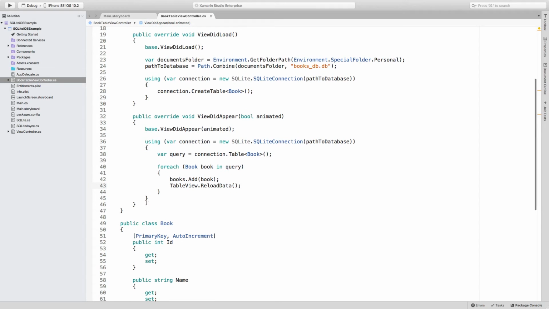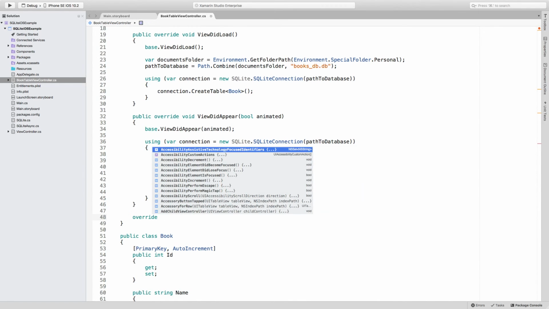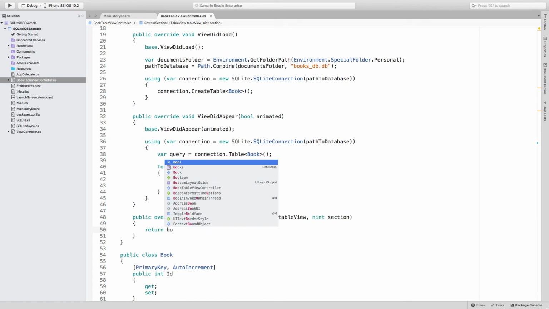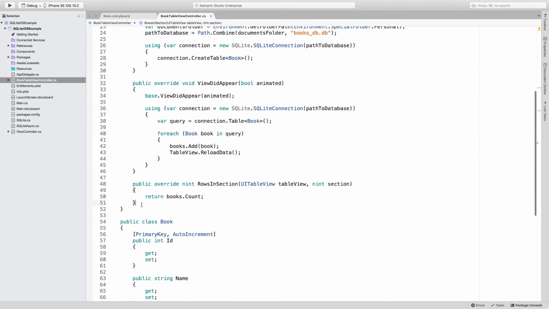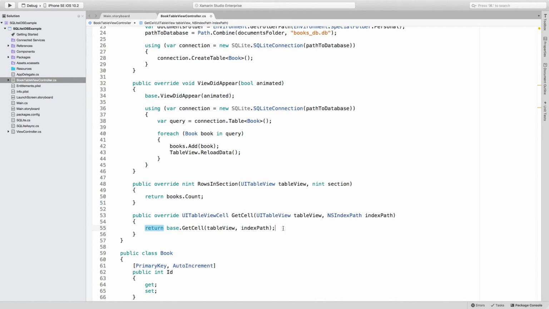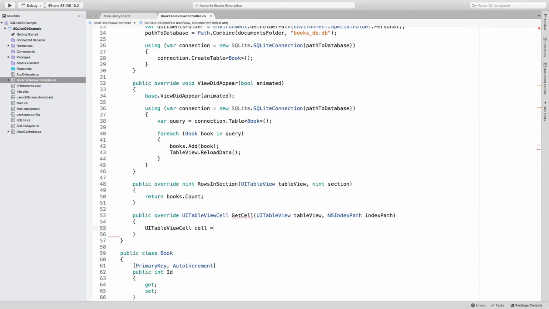And from here, all we have to do is use what we have already learned. We need to override the rows in section so we can establish how many rows there are going to be inside of the table. And in this case, we have to return books.count, and we also have to override the getCell method. And in here we have to create a new cell, which is going to be UITableViewCell equal to